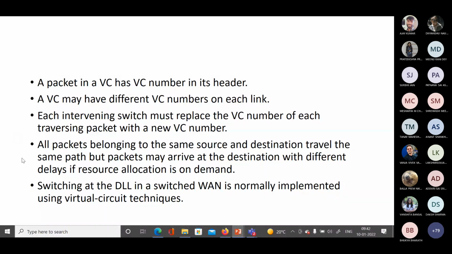The next point is that all packets that belong to the same source and destination travel the same path, but the packets may arrive at the destination with different delays if the resource allocation is on demand. Please remember that we are basically working on a packet switched network.